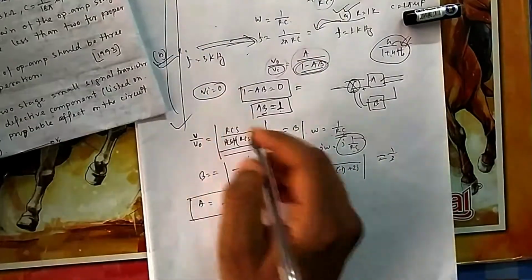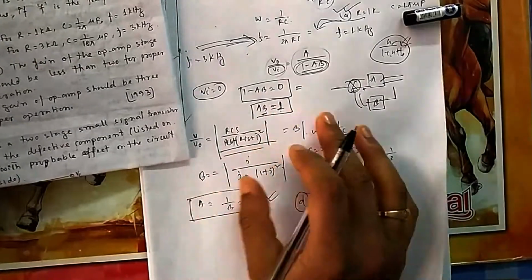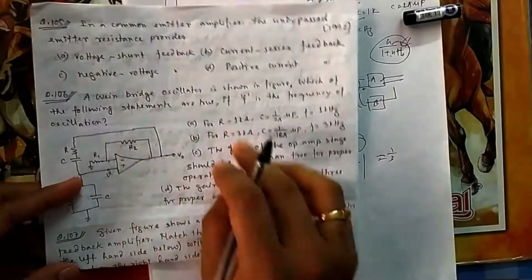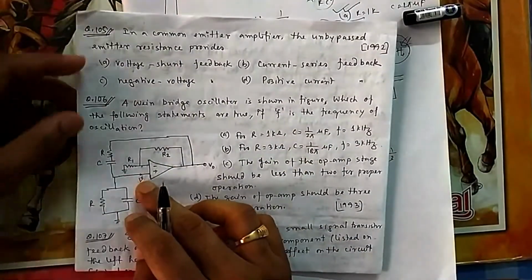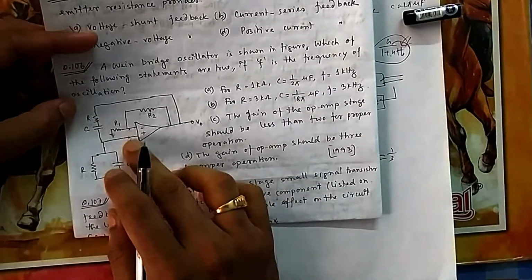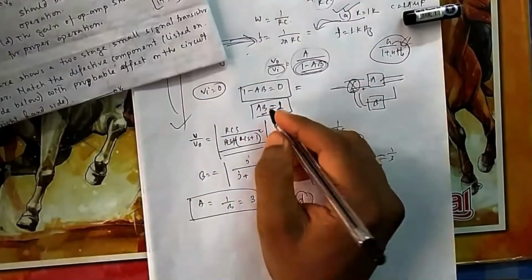So you see, with this little bit of concepts you can do any oscillator. Any oscillator they give, you just remember, in case of oscillator we give positive feedback, we have to calculate that positive feedback portion and these relations.